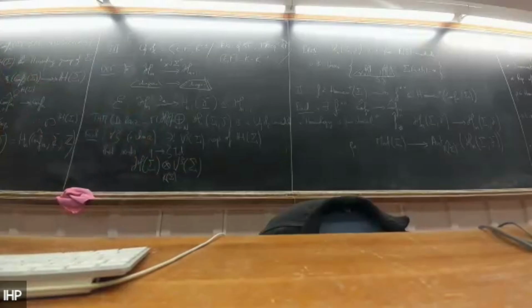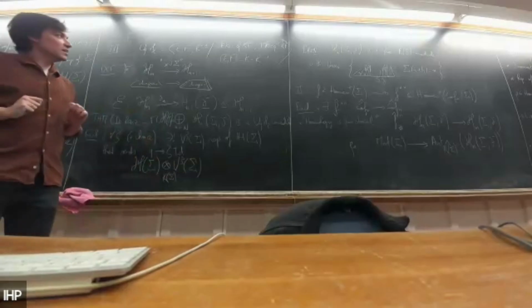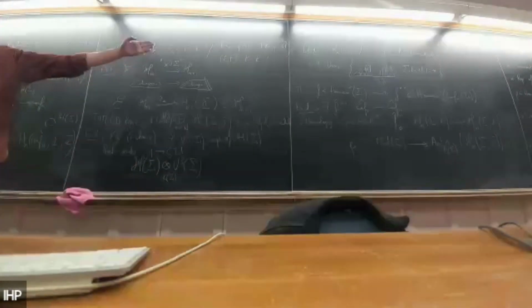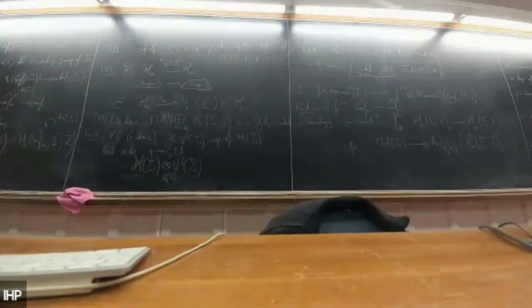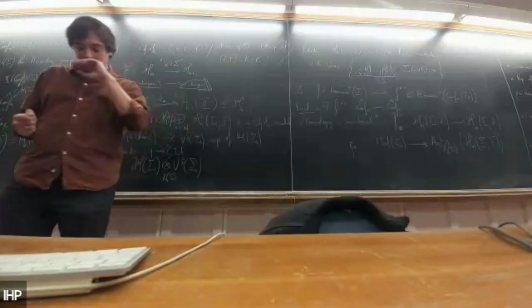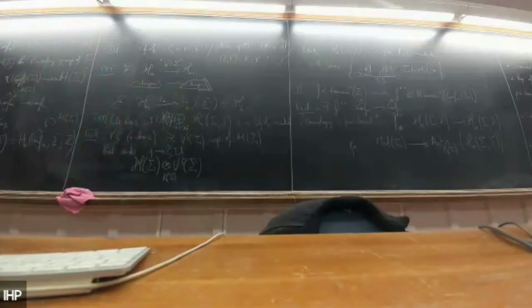And I will conclude without writing anything, just to say, here I told you how to deal with UQSL2. At the beginning, I told you I could call it G. To pass from UQSL2 to any UQG, you have to change the definition of the configuration space. Here, the configuration space, all the particles are unordered. For another Lie algebra, you will take configurations colored by simple roots. So your particles will be colored by simple roots. You can also, it's an ongoing project, relax some collision like this and pass from quantum groups to super quantum groups.